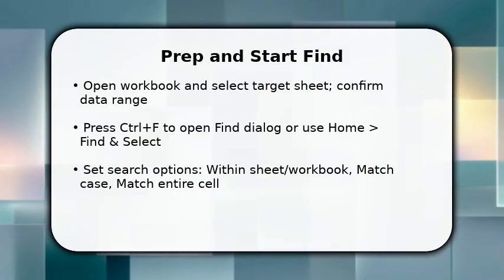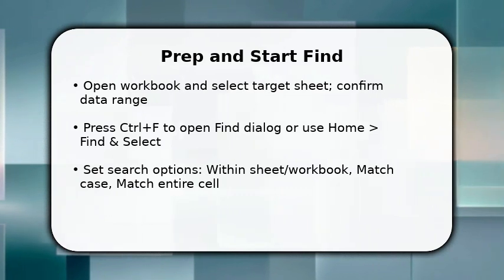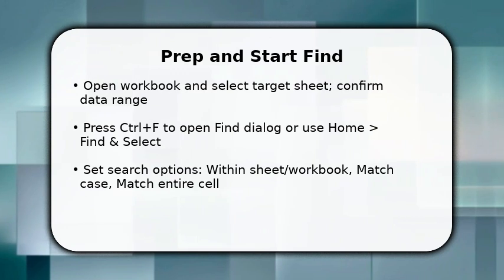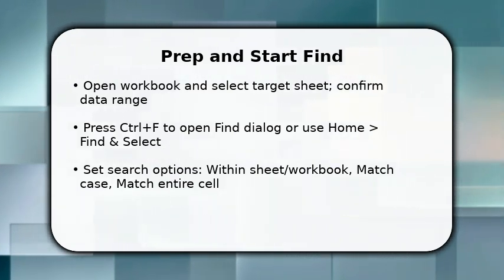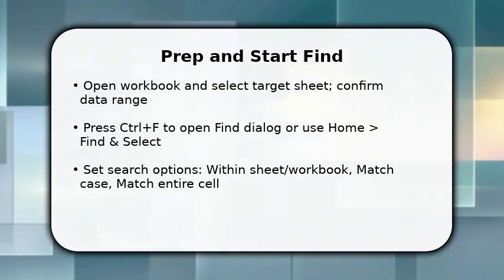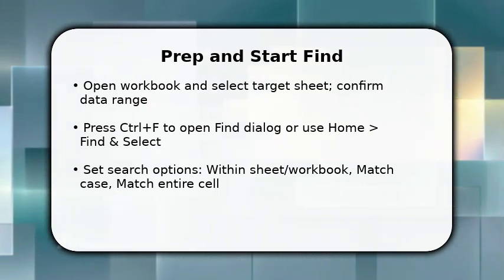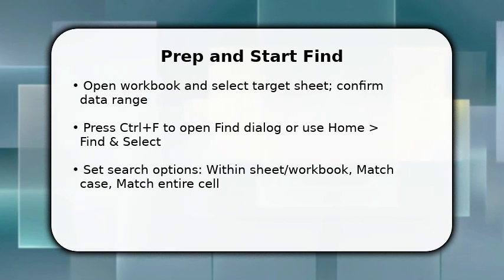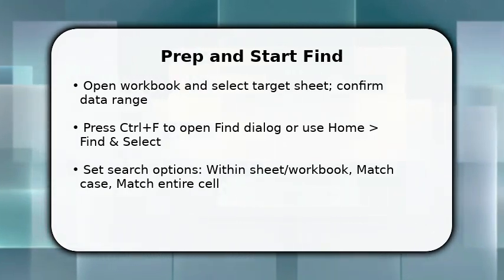Enjoy the video. You begin by verifying the sheet and selecting the relevant range so Excel searches only where you need it. This reduces false matches. Once done, press Ctrl+F or choose Home, Find and Select to open the dialog. Make sure to set Within to Sheet or Workbook depending on scope, and choose Match Case or Match Entire Cell when exactness matters. These first steps get you directly into actionable search settings and explain why limiting scope saves time